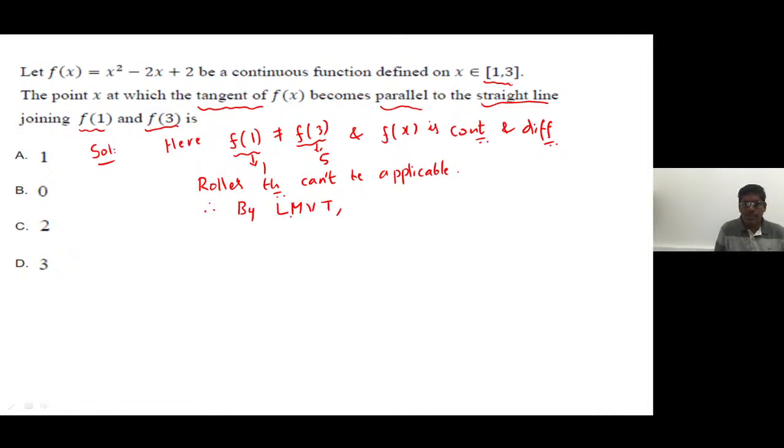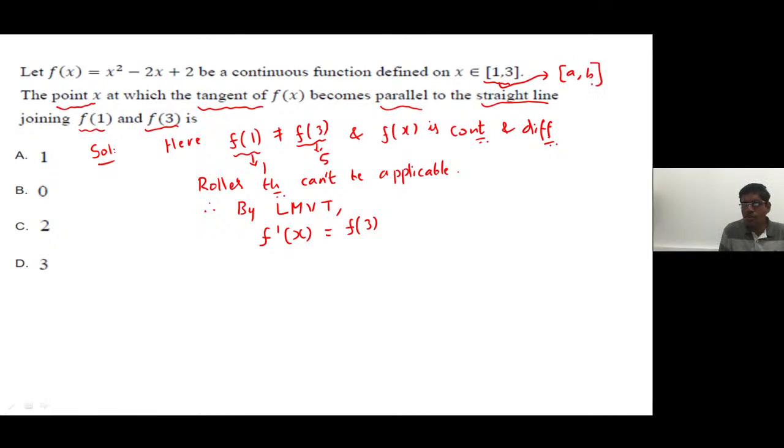L stands for Lagrange's, M for mean, V for value, T for theorem. What we know from Lagrange's mean value theorem is f dash c, but here f dash x because they are asking for the point x, usually denoted by c, in the closed interval a comma b, that is f dash x is equal to